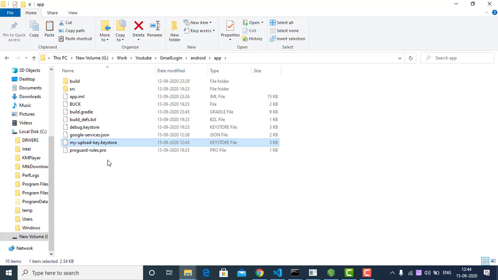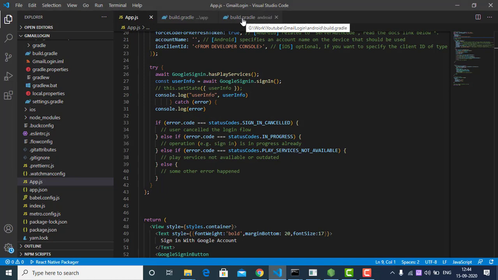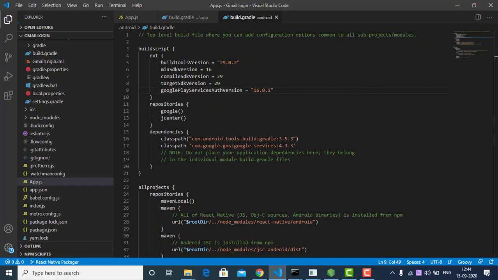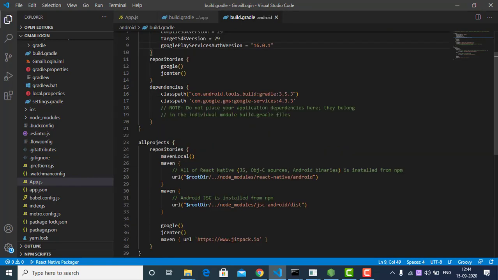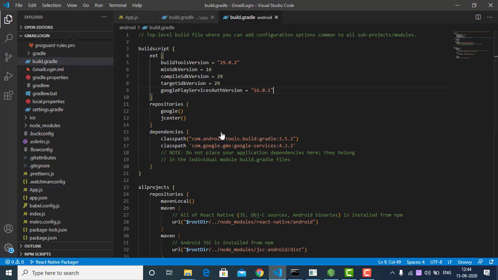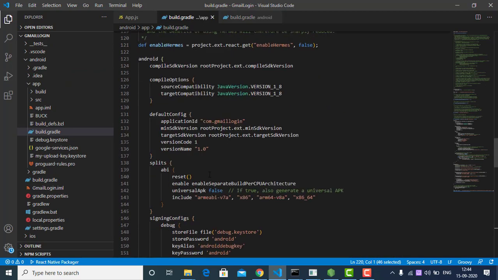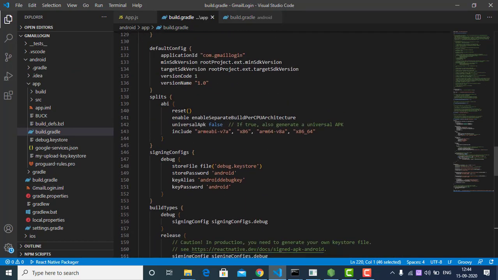I generated a keystore file, so I have to change something in build.gradle. Sorry, this one. I have to change the signing config. We have to replace the debug keystore in build.gradle with my keystore.